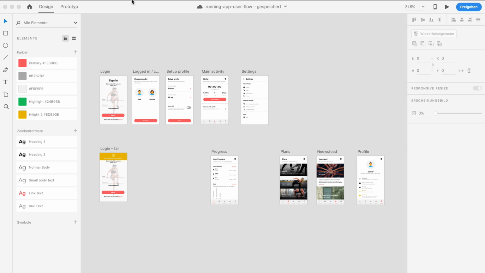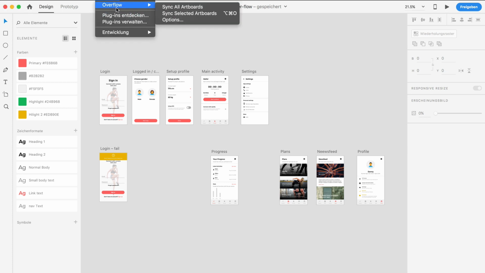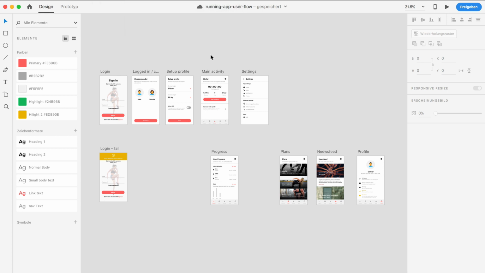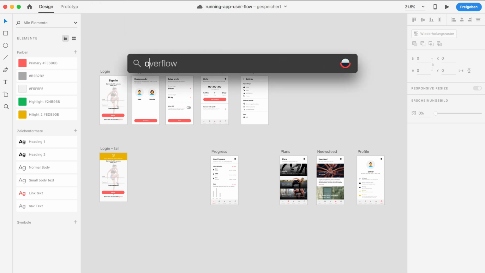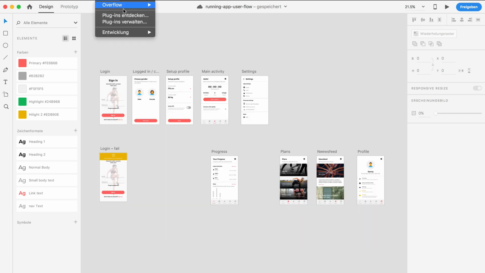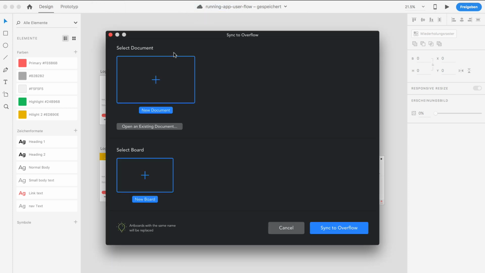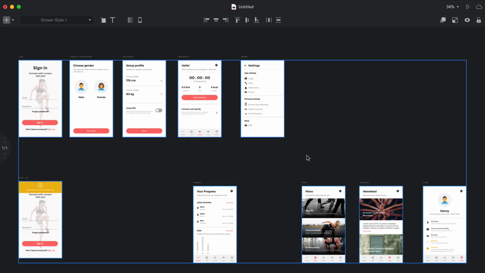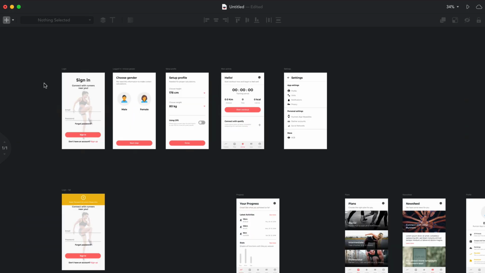What I will do now is go to the plugins menu here and say sync all artboards. Make sure that Overflow is actually up and running. And now you can go to the menu here, say sync all artboards, and we want to create a new artboard here. Maybe the first thing is you can arrange